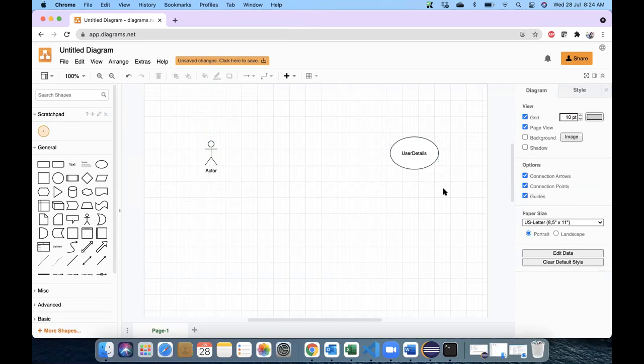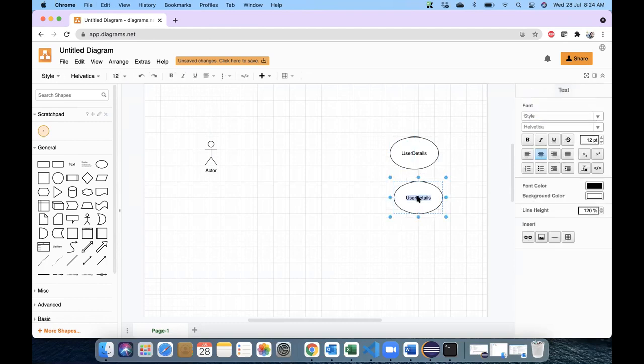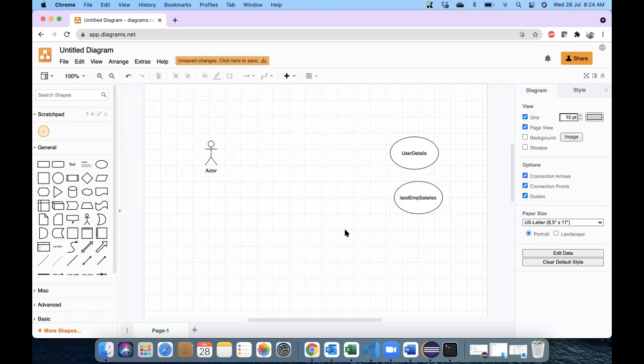But tomorrow, if I have one more component called load EMP salaries, and this particular client asks load EMP salaries to get me the salaries, same as for the user details, both of them have to validate whether the user is authorized enough to access these components or not.